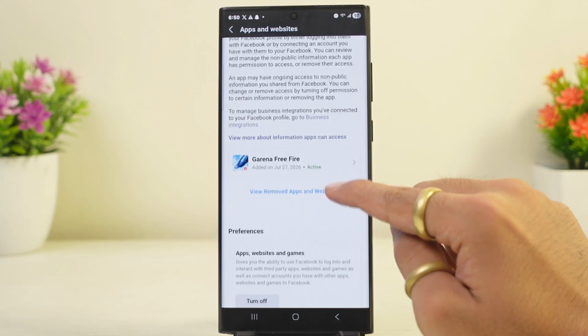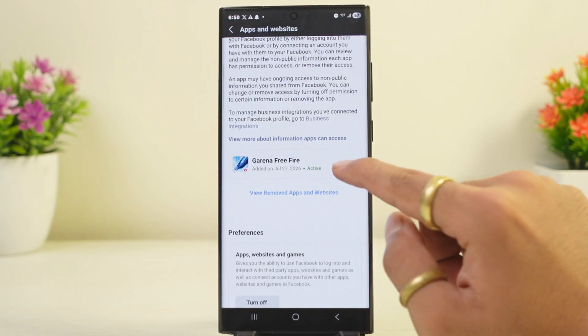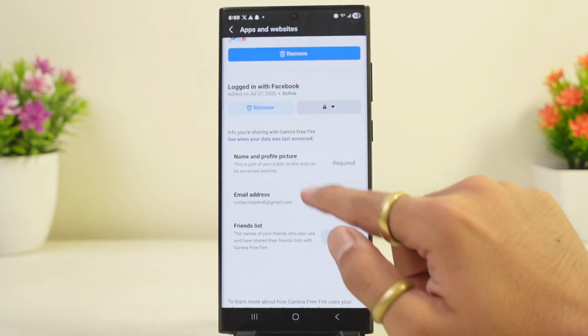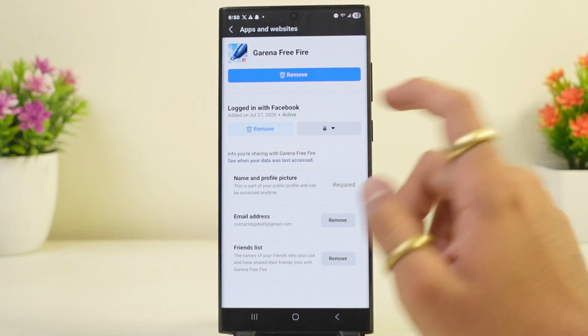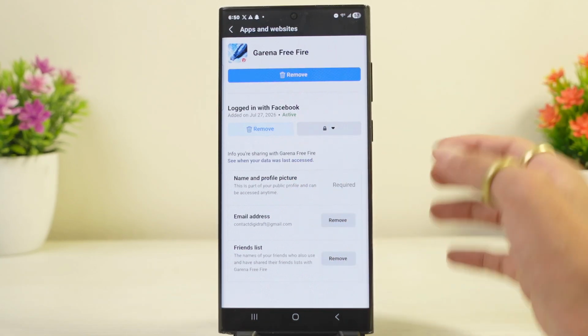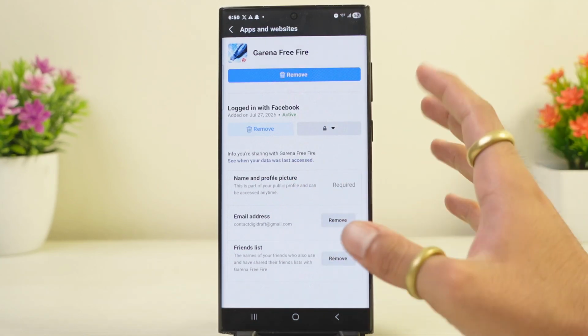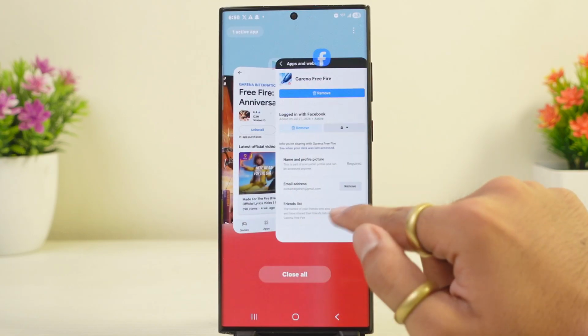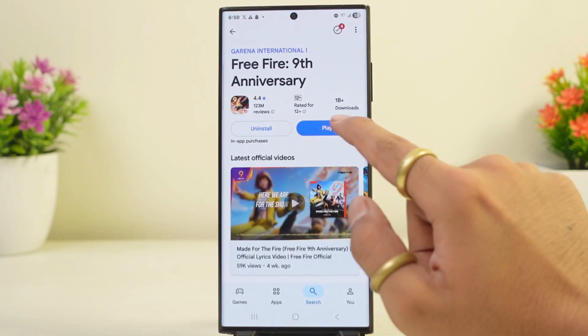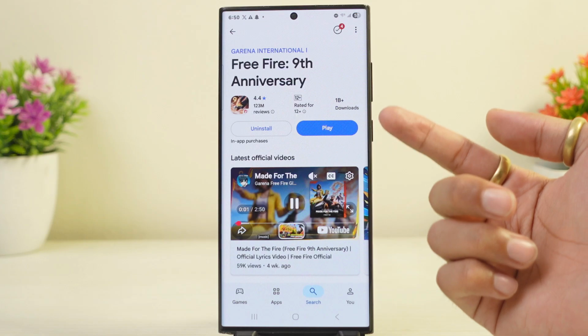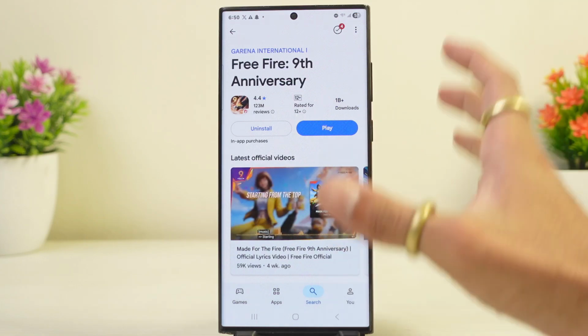You should be able to locate Free Fire over here. Go ahead and tap on this and proceed to remove it. All you have to do is tap on this remove option and wait for some time. Now head backwards once you remove it and proceed to relaunch the application and try logging in again using your same Facebook